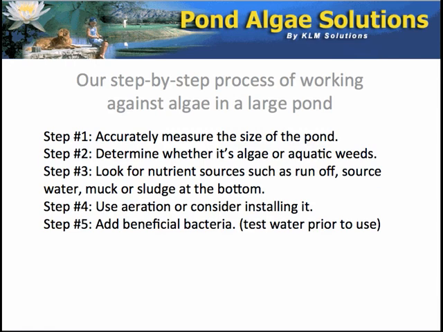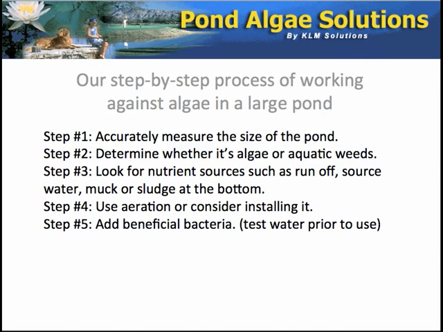Number 5, we would then look to add a beneficial bacteria, and there's various forms of this that we might want to use. If we know that there's a lot of muck buildup at the bottom, we may target that a little more with bacteria to try to reduce that down initially. We may use a pond-wide cleaning bacteria, but the key with any bacteria is, first of all, making sure that you use your measurements,